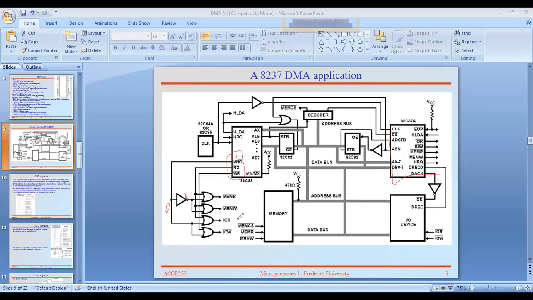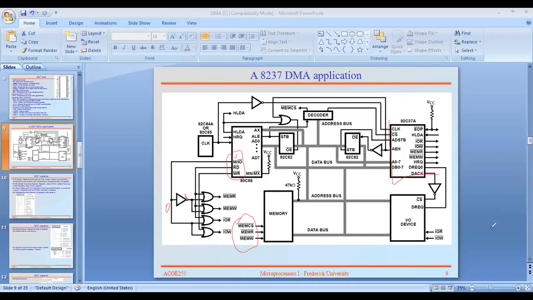These are the individual controls of any memory. When we consider the ROM, what controls does it contain? Chip select is common. Does ROM contain any write signal? ROM is read-only memory. The name itself indicates that it contains only the read option. Only memory read is available, no memory write, because it is read-only memory.